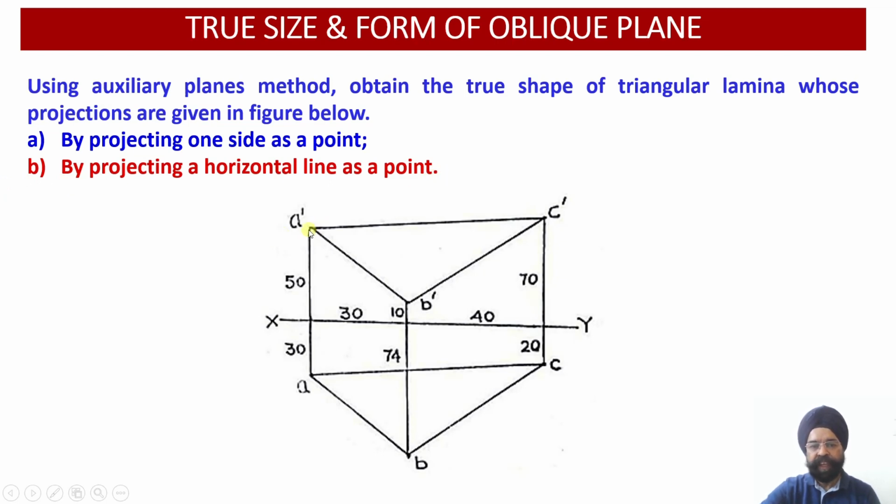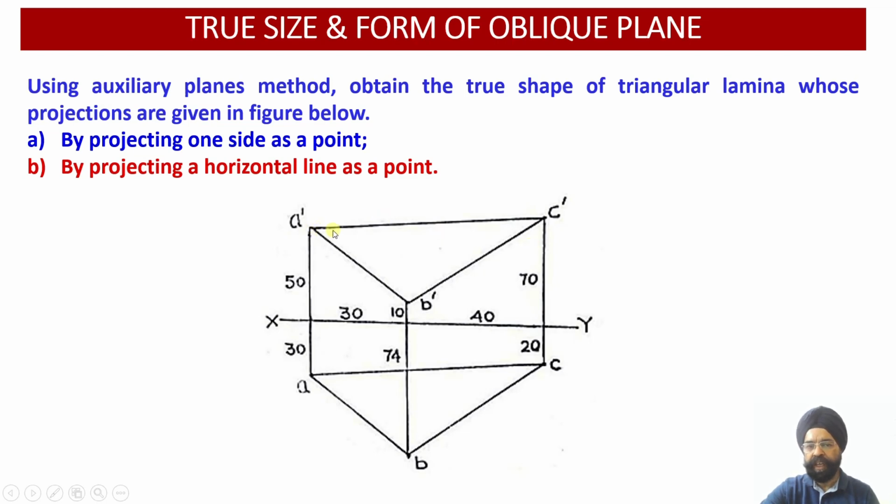Please see, if I am drawing another straight line over here, this A dash point is already there. This is my front view projection and this is my top view projection. So again I have 2 choices. One choice is, from A dash I will draw one line which will be parallel to XY, and this line will end on the line B dash C dash at the point which will be named D dash. This is the 4th point I am going to introduce over here.